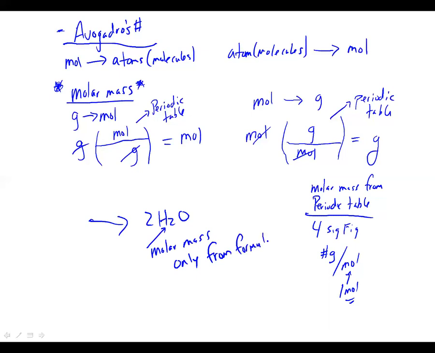So you should never, when you're doing molar mass, if you do have something in an equation, do anything with that number that comes in front. You should only look at the formula. So again, just like we did on the previous page, we would do the molar mass just based off of our 2 hydrogens and our 1 oxygen in this particular case to get our 18.02